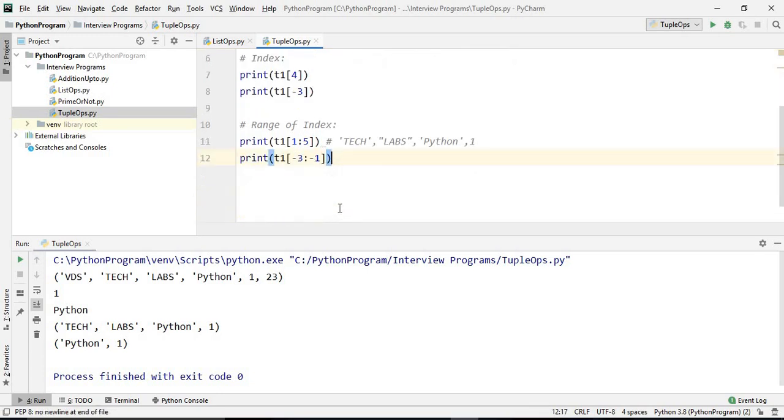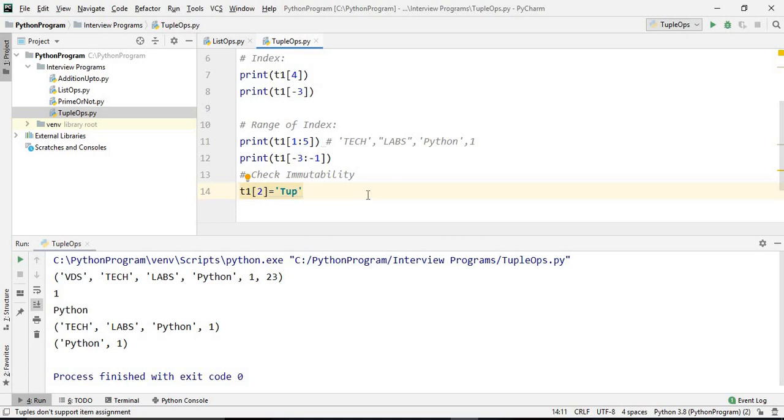And see how to check immutability. Let's suppose we want to assign something to T1 at the second index.